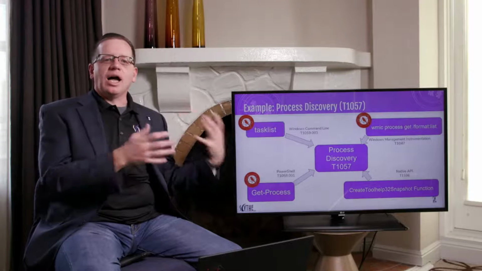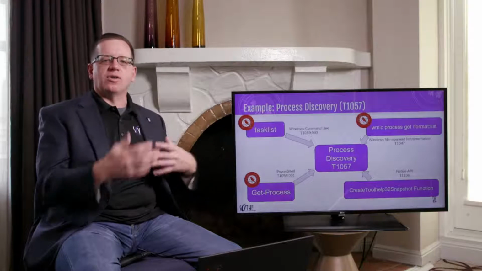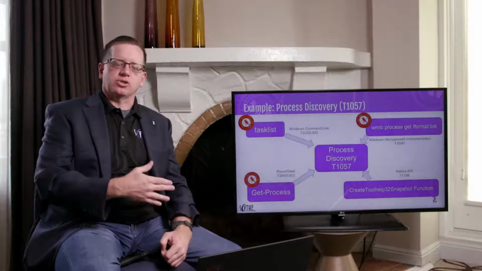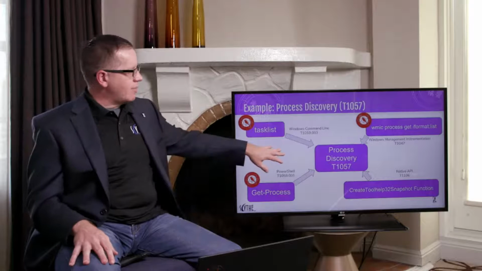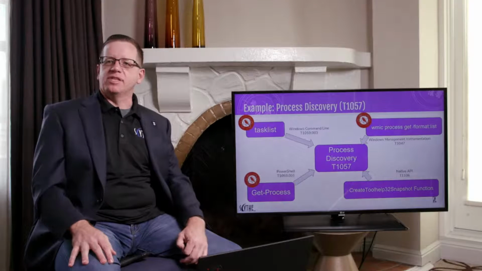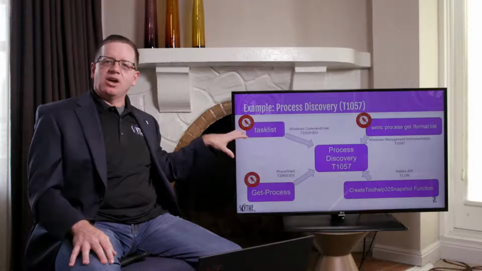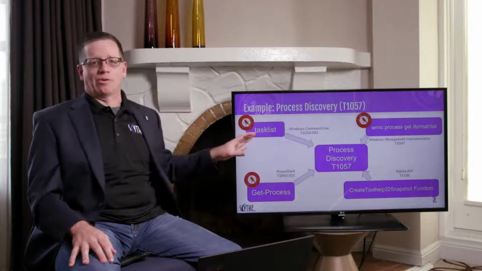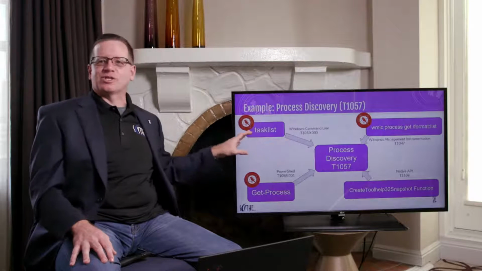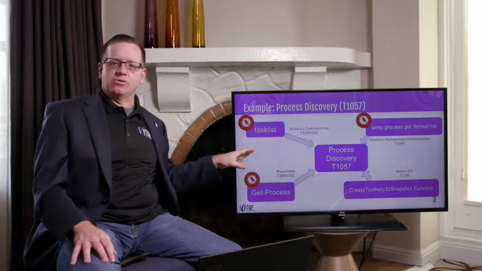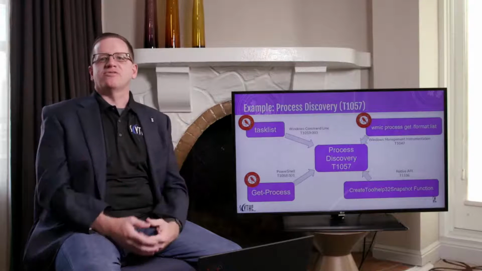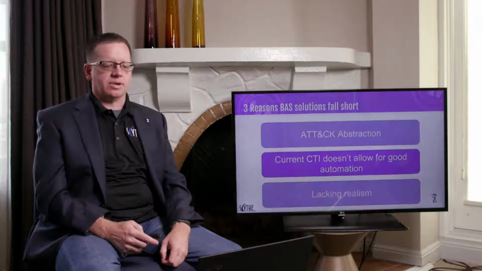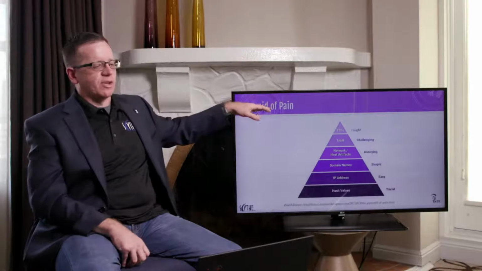So I want to highlight here really where we're falling down on techniques versus procedures. Because if you come to me and you're like, Jake, I want to emulate process discovery, T1057, I'm showing you here on the slide that not only do I have a minimum of 4 different procedures, right? And by the way, it's not 4, it's like 40 or 400, right? Different procedures. They themselves have different attack codes, right? And so if I'm tracking just a bunch of technique level codes, wow, that's going to get complicated really, really fast, right?